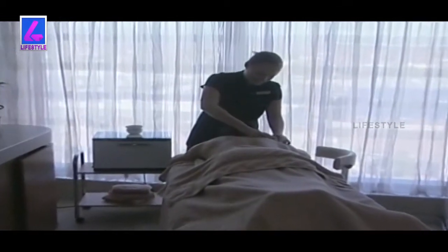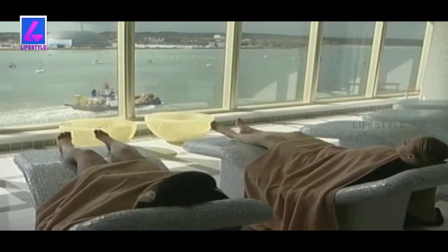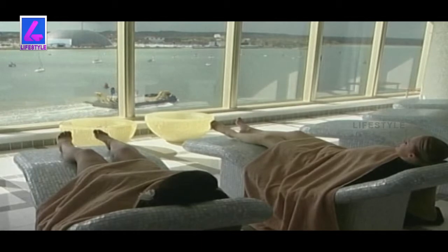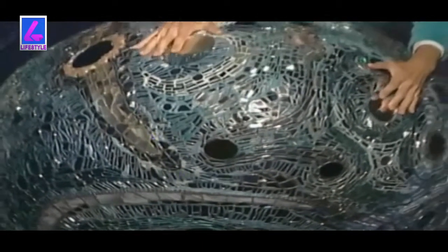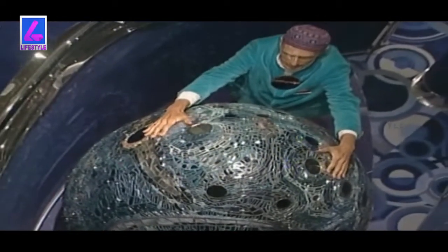Elsewhere, there's a chance to unwind with massages, or even lie back and relax as you cruise into the sunset. £3 million has also been spent on special artwork, designed to enhance the cruising experience, including 2 bejeweled cosmic egg